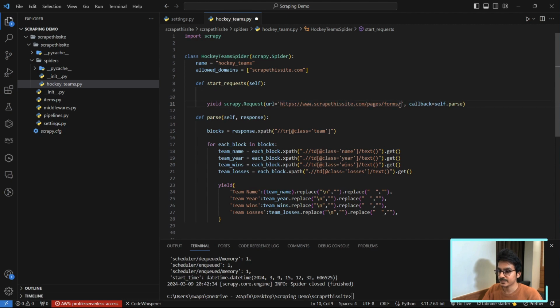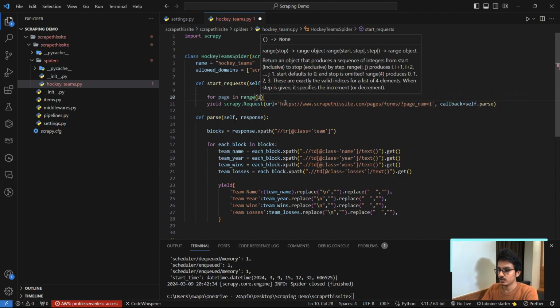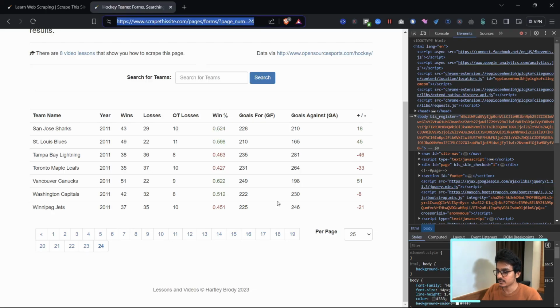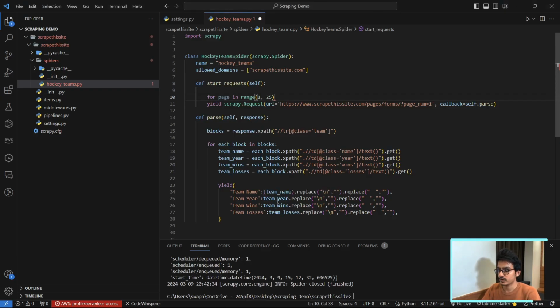So we can just replace this first, and it's currently page number 24. So if we replace it with 1, it will get the data from 1, second, third, and so on. So here we can use Python features. So for page in range 1 to, since the last page is 24, so 24 plus 1, 25, because it does not get the last number. So for page in range 1 to 25, and now we can just replace this page number